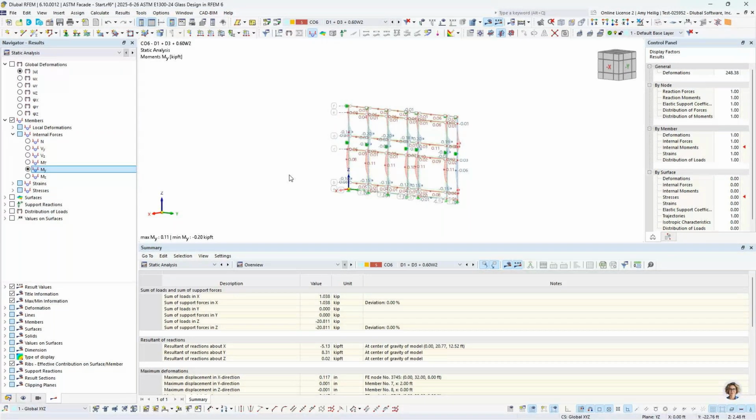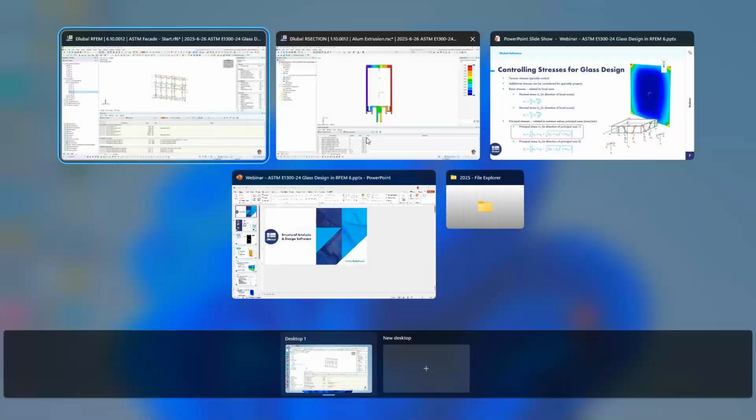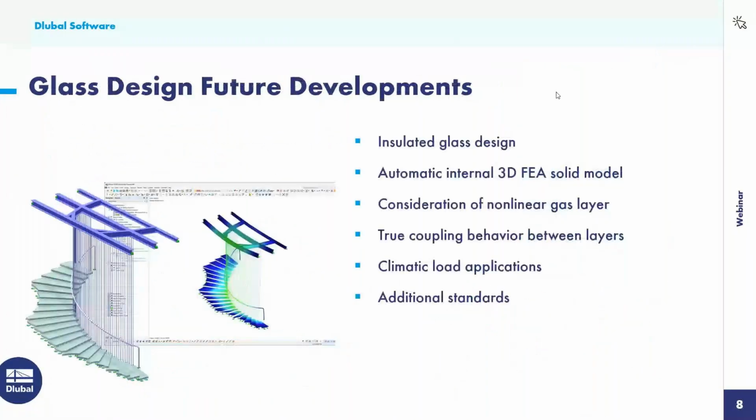Okay, so we will go back to our PowerPoint here to wrap up today's presentation. Just a few words on what we're currently working on for the Glass Design add-on. So as mentioned, we are currently in development with insulated glass design. This is something that we had in our older version, RFEM 5, but because we rewrote everything in RFEM 6 with better technology, better graphics, better workflows, this is taking just a little bit of time to get into the